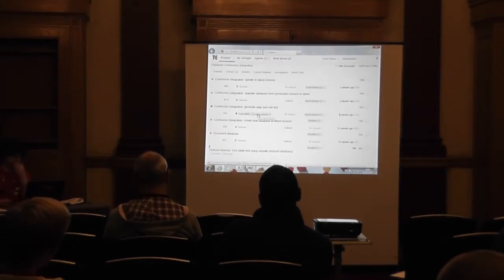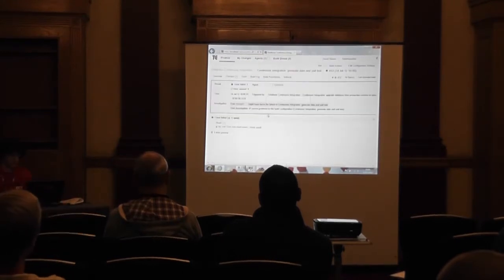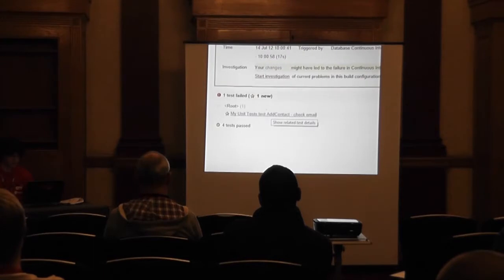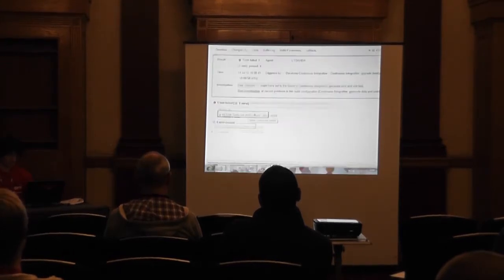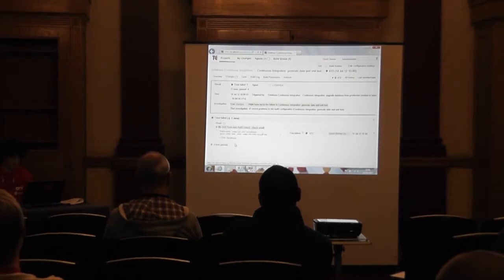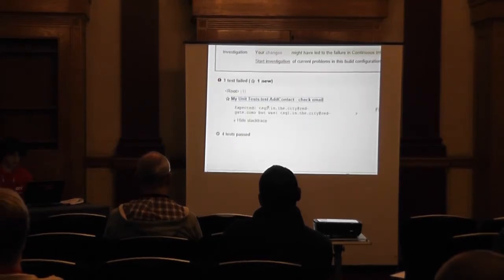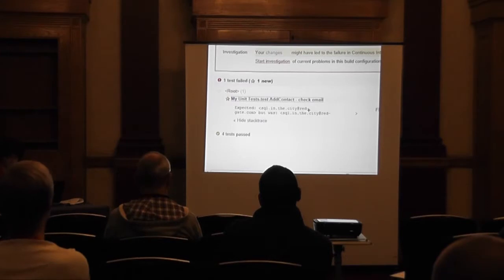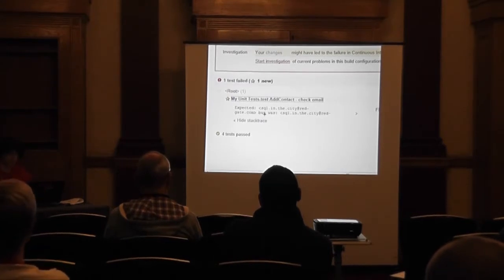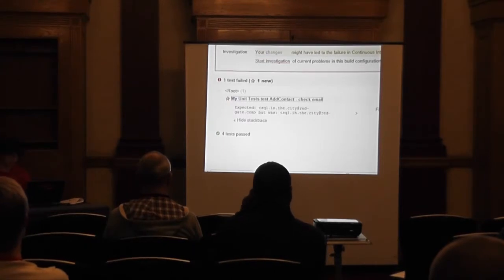So we can drill down and see the details. So we can see that that's the name of the test. So it's testing the add contact stored procedure. We can drill down even further and see what was going on. So the test was expecting the result sleepinthecity@red-gate.com, but what it got was sleepinthecity@red- and then it gets truncated at that point because these are the first